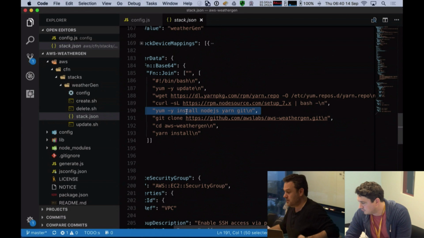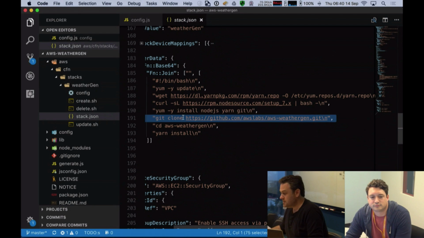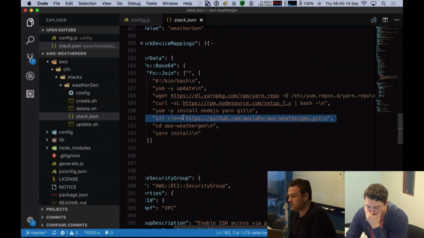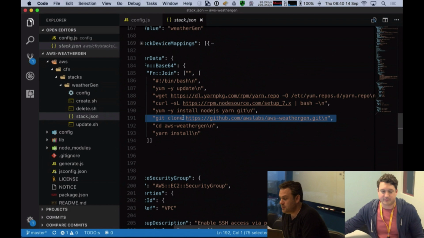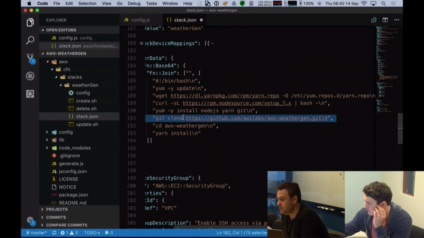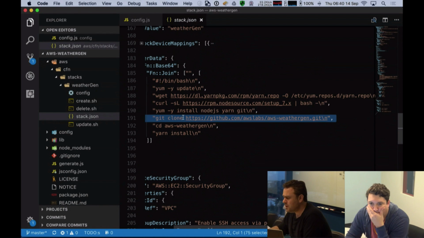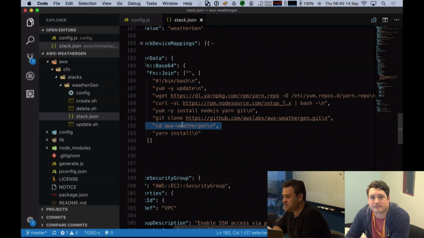Well, because our code is sitting in a repository. So for those of you who aren't familiar with Git, you can use this git clone command and this URL to clone that code onto the EC2 instance. When we're finished with that, we change directory into that new repository that we brought down, and I just do yarn install. So that's really cool. You guys don't have to do anything. The application is there and ready for you to go.